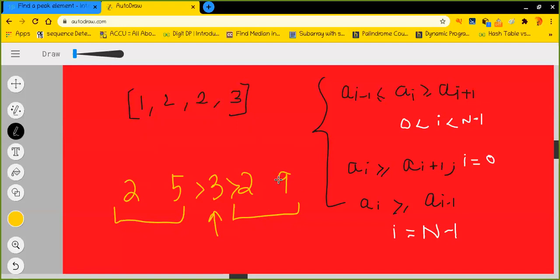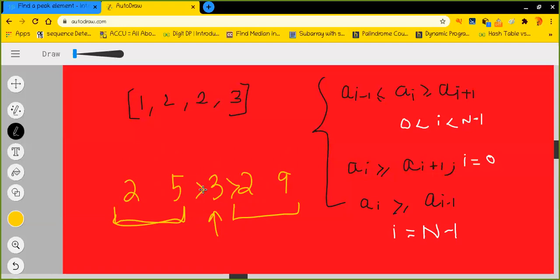Now let us say that this would be 1. If this would be 1, then if I had chosen this particular side for finding the peak element, I would be wrong, right? Because this is 1, this is no more 9. In this case, obviously it may have a peak element, but it is not guaranteed. But this side is always going to have a peak element. This is guaranteed, right?